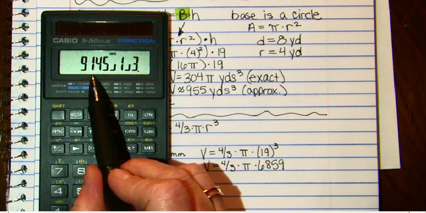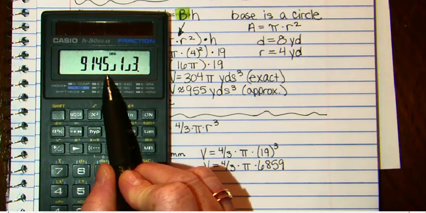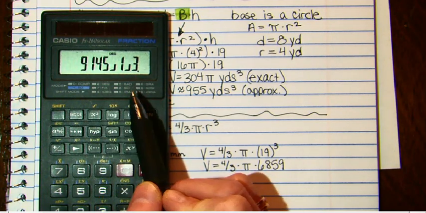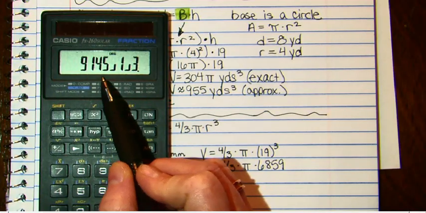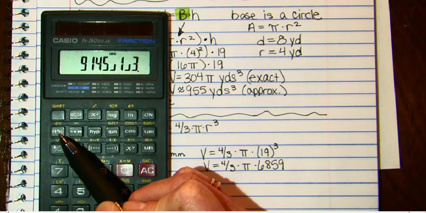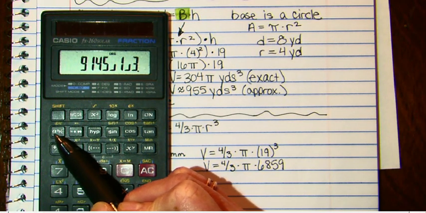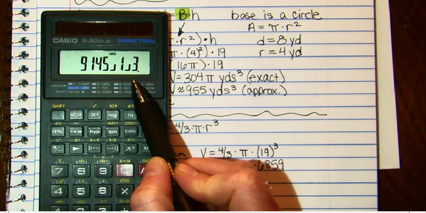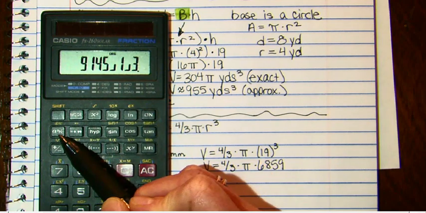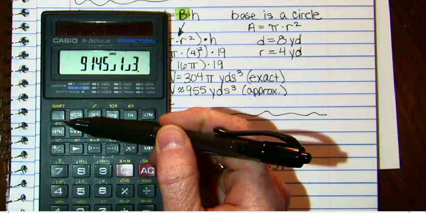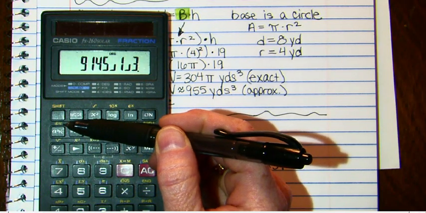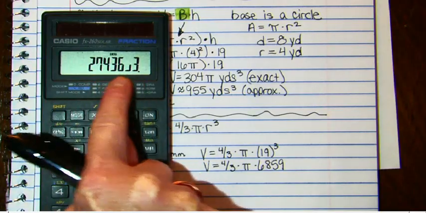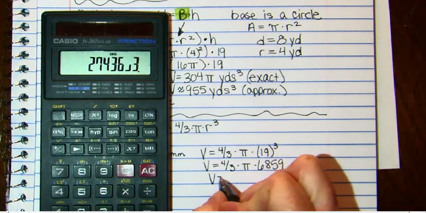So what we have here is a mixed number. This is 9,145 and 1/3. But we want an improper fraction whenever we're doing these calculations, not a mixed number. So I want you to look at this response that's in your calculator and look at the fraction button that we just used. The A is the big 9,145. The B over C is the second part of the mixed number, 1/3. But we don't want a mixed number. We want what's right above it. You should see D over C. That's your improper fraction. So if you press Shift and then the ABC button again, it gives you your improper fraction. So this is volume equals